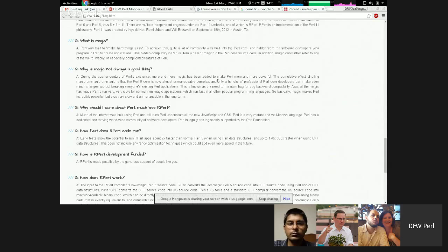Only a handful of professional core Perl developers can even make minor changes without breaking everyone's existing Perl application. This is known as the need to maintain bug-for-bug backward compatibility. Also, all the magic has made Perl 5 run very, very slow for non-magic applications, which will run fast in all other popular programming languages. So basically, magic makes Perl incredibly powerful, but also slow and unmanageable in the long term.